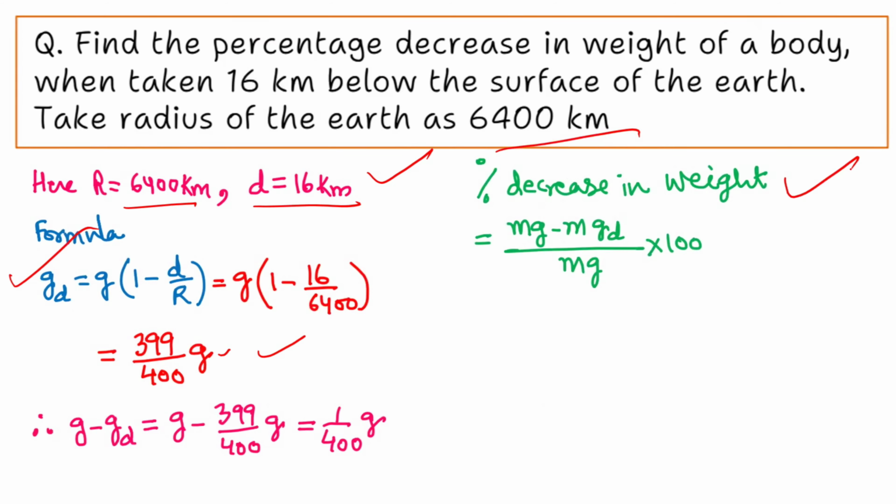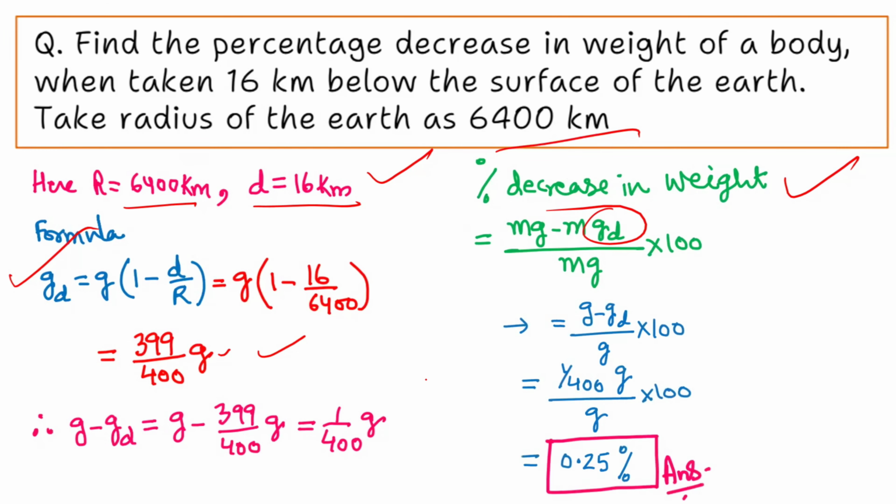So percentage decrease in weight is nothing but this: mg minus m into g at depth d, divided by m into g, into 100. So if you are solving this and putting the values,